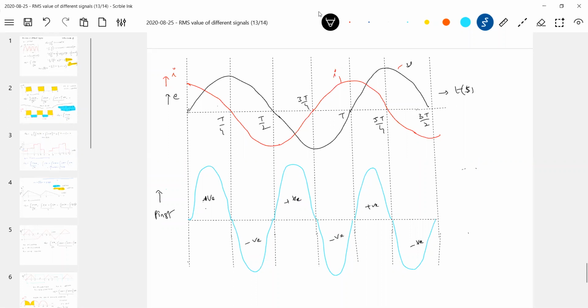So in one cycle, what actually happens? There will be an exchange of energy between the capacitor and the AC source. Altogether, how much power it has drawn from the source, that much power it will return back. Don't say consume, better say draws. How much power the capacitor draws during this interval, that much power it will return back here. Again, it will draw the power from the source, again it will return back.